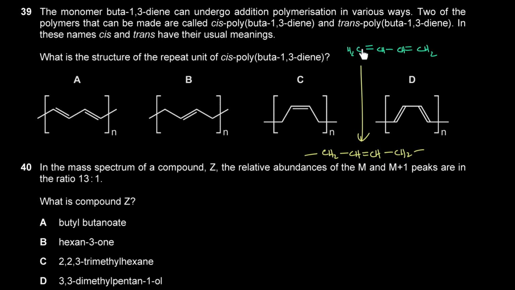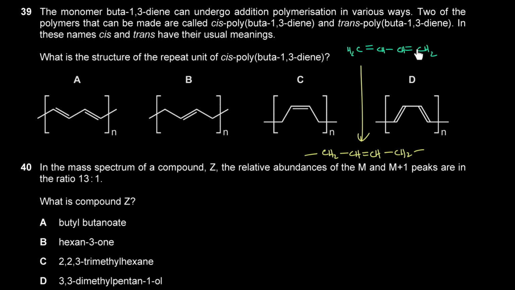This is called a conjugated diene. When conjugated dienes polymerize, conjugated dienes are where we have alternating double bonds. So the double bonds are 1 carbon apart. We have a double bond, a single bond, and then a double bond. These are conjugated dienes. When these polymerize, what happens is that at the ends of this 4-carbon chain